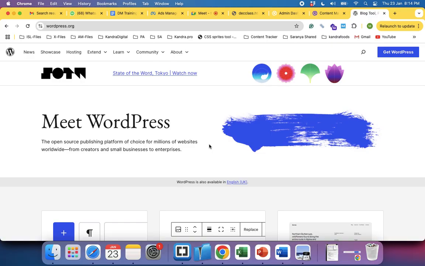For a total for a year, if I click on choose plan, you can purchase a hosting plan at just 2500 rupees, and you will get both a domain name and a hosting plan for 1 year at just 2500 rupees. Okay, so let me change this to 12 months. Okay, so this is showing me